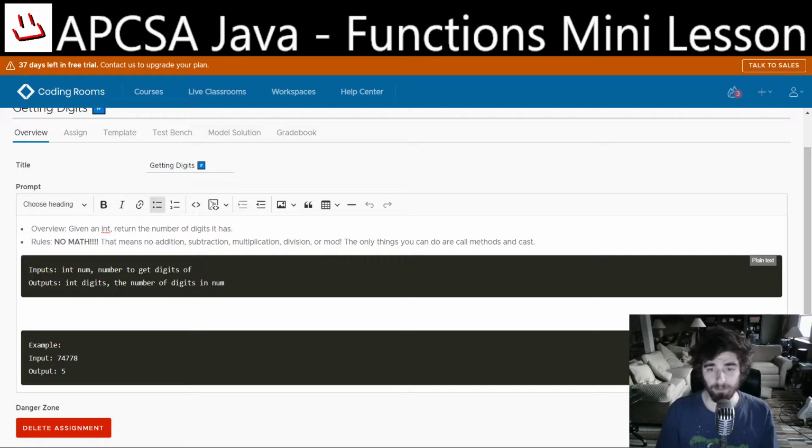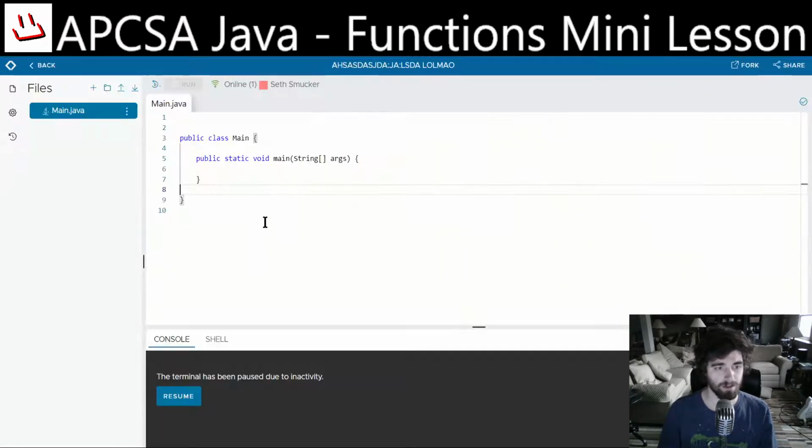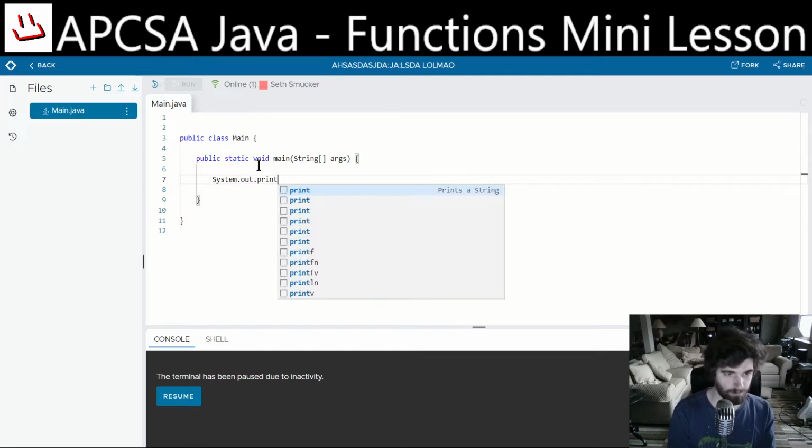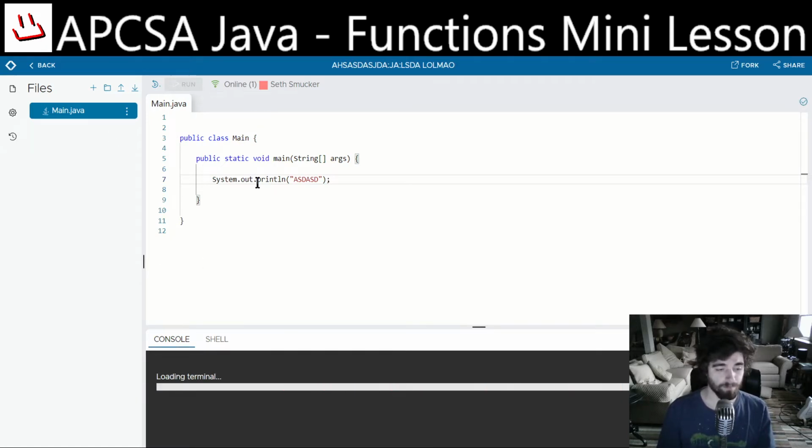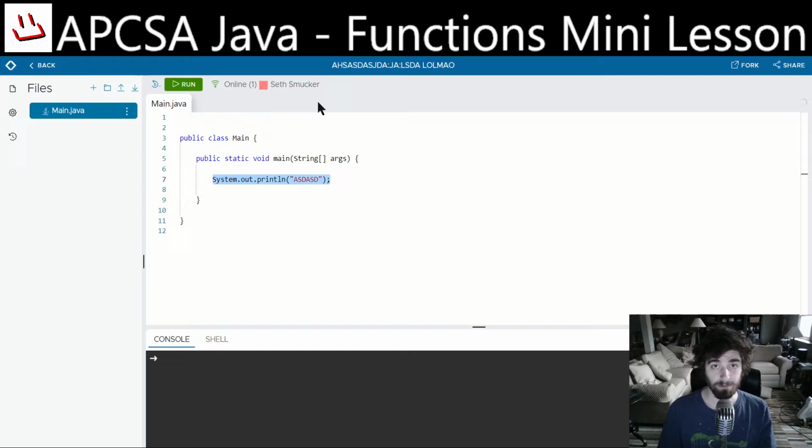So by output, we don't just mean printing to the console, which is stuff like system out print line, right? This is printing out to the console. That's not always what we mean by output. This is output to a user, but to us as programmers, output can mean simply applying some function,